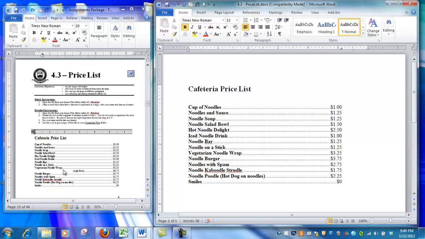Now, this vegetarian noodle wrap with pork is an interesting one. It's got to fit right in here. So if I click at the end, enter, now I've got my space. Watch what happens when I hit the tab key. Whenever I hit the tab key, it goes directly out to the right tab that we had set here. So I can do part of it really easy that way. I can just type in the 675. But somehow I have to get with pork